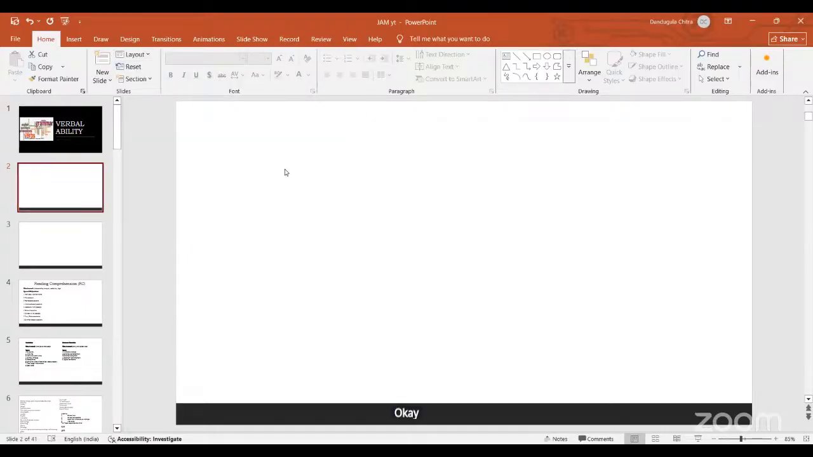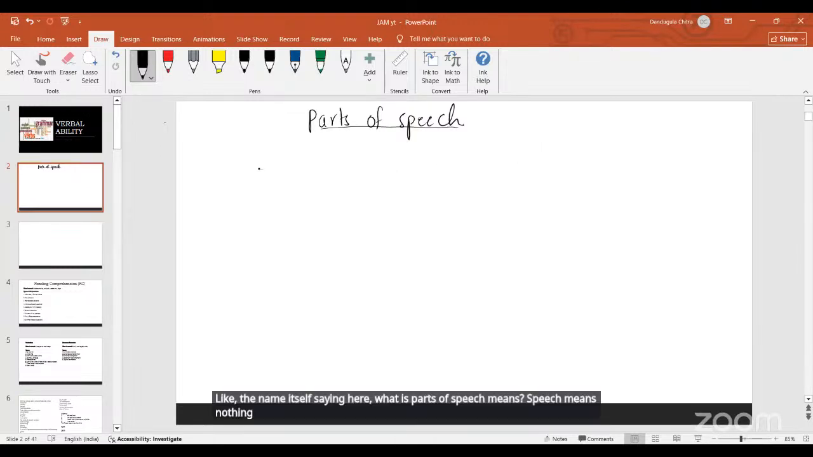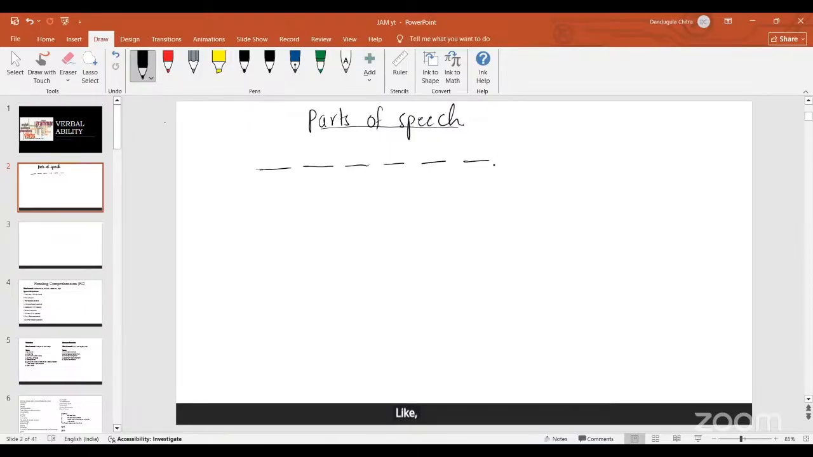Okay, fine. So let's first discuss the tenses now. Sorry, parts of speech now. How many parts of speech are there in English? Like the name itself says, what does parts of speech mean? Speech means nothing but one full sentence. Sentence means a combination of words. If we take 5 or 6 words which together we call a sentence,